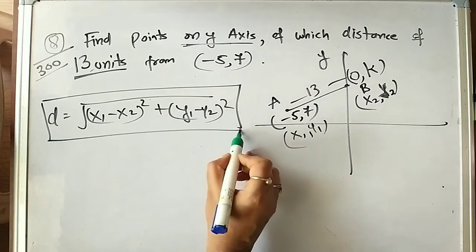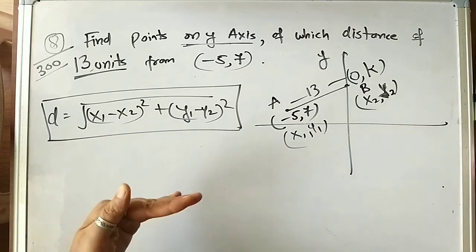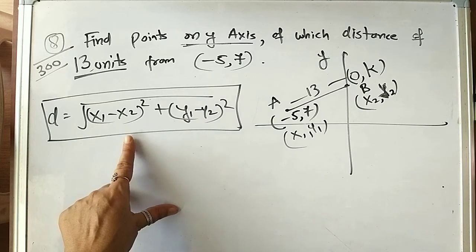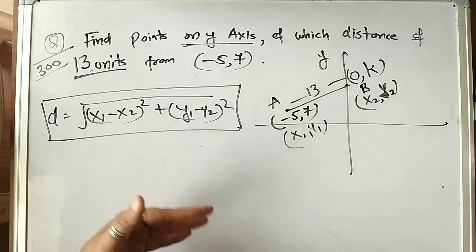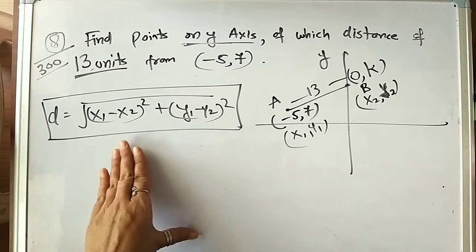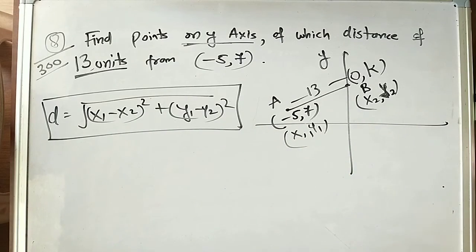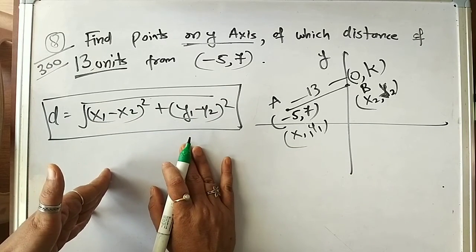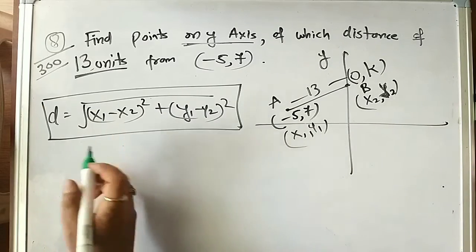Before solving any question, always mention the formula. It helps you in two ways. Number one, if your answer goes wrong, even then you get a little bit of marks for your formula. And second benefit is, when you write it many times, the formula will sink in. In fact, there is one more benefit: you will not make a mistake while fitting the values in the formula. If you try to do it orally without writing the formula, you can fit the wrong values. So always mention the formulas.